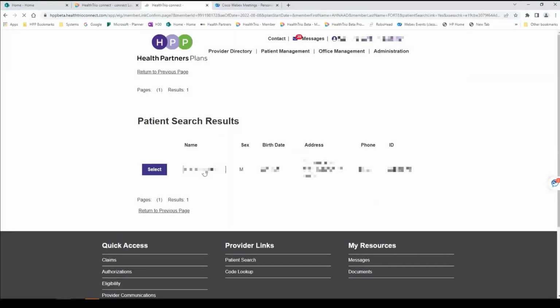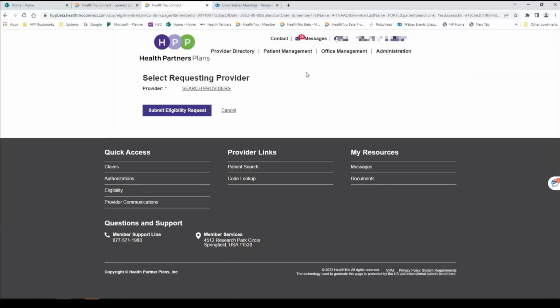And then on the next screen, it's going to give us the screen for the requesting provider to input their information. If your facility has less than 50 affiliated providers, you may see a drop-down menu to make that selection. It may have the MPI information and the provider information already in the drop-down option, so you make your selection. If your facility has greater than 50 affiliated providers, you will then select the search provider link here, and then you're going to be typing in the provider's